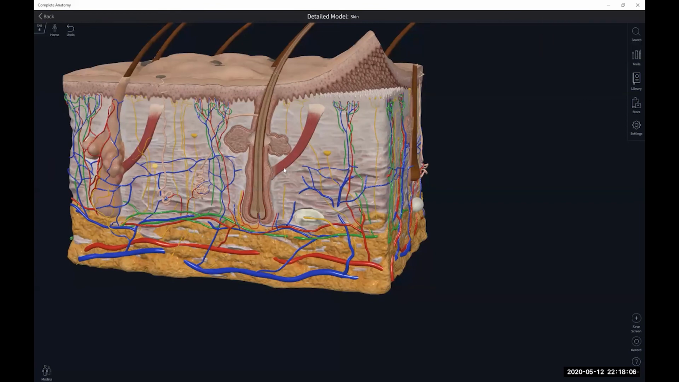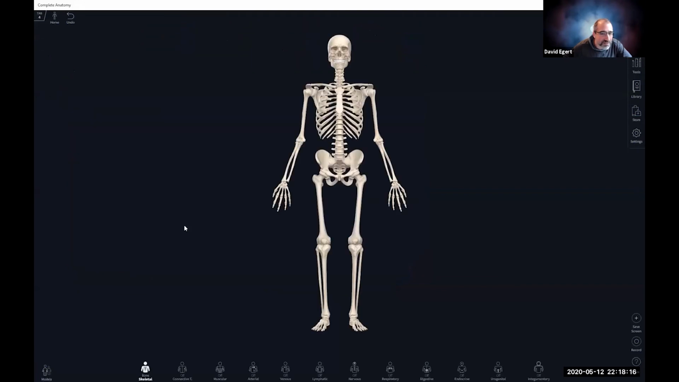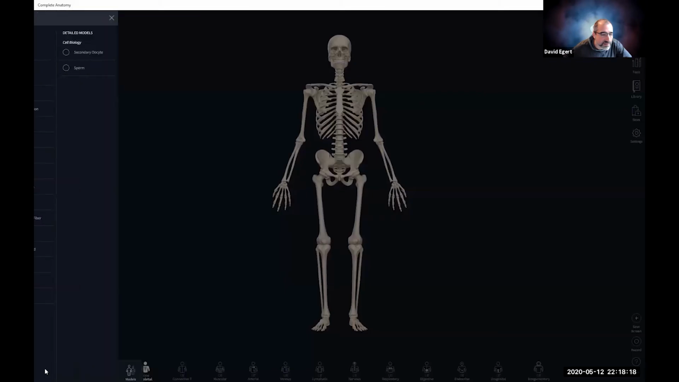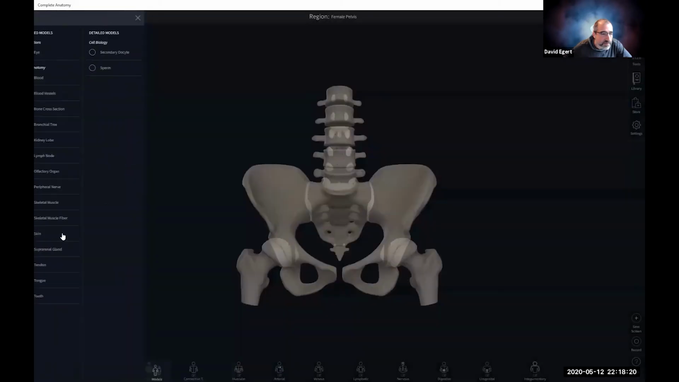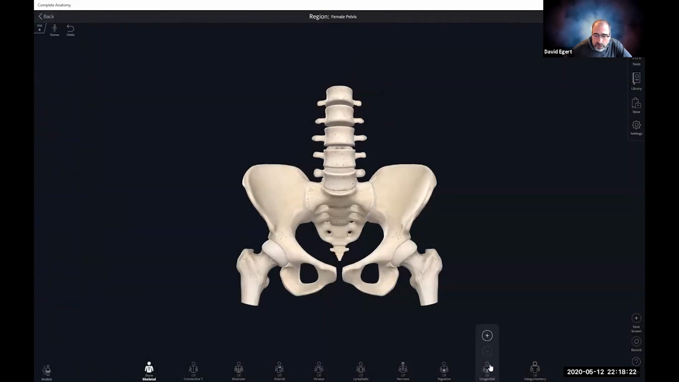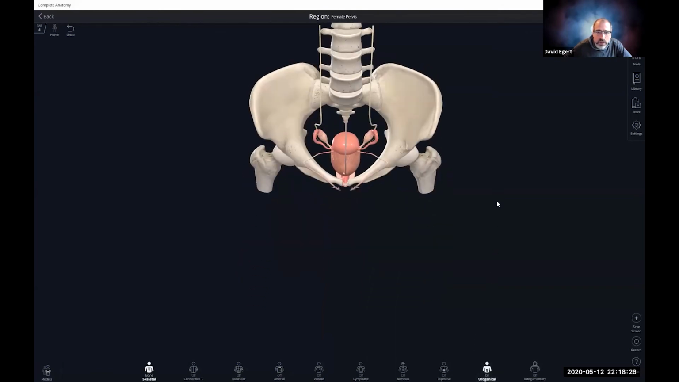Erector pili. Arrector pili muscle to give you goosebumps. Right. All right. But okay, let me get back. Like, hey, look, a squirrel. Let's go back and we're going to turn on the reproductive structures. And now what I want to do,